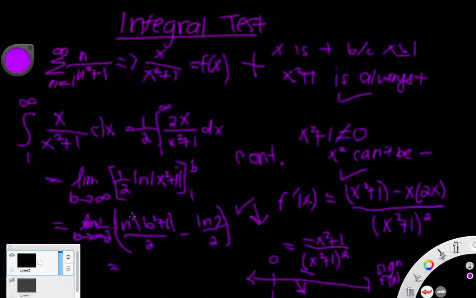And the natural log of b itself is going to be infinity, so the natural log of b squared plus 1 is definitely infinity. You don't even have to look at this other number because it's a constant, so it's just going to be infinity. And what this tells us is that the integral diverges,